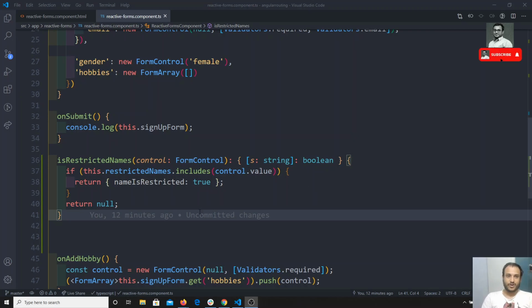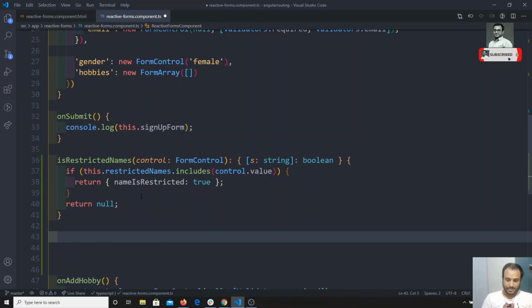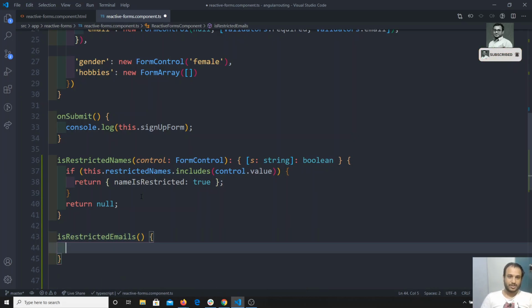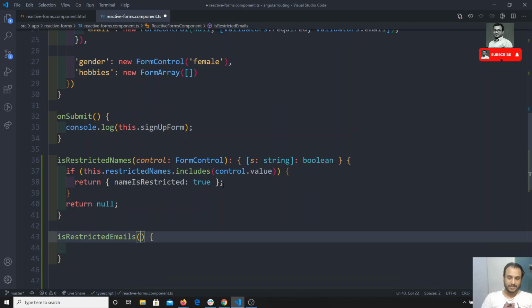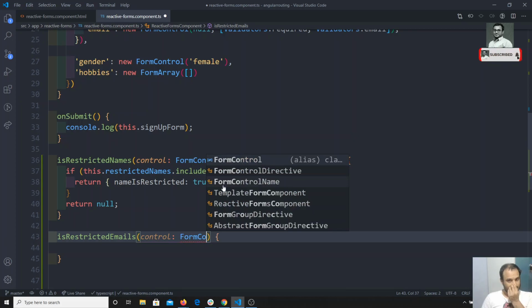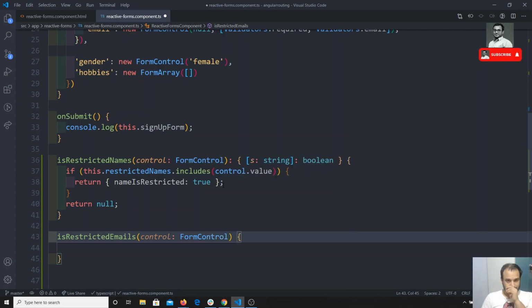First, we will try to implement the asynchronous validator. So I will be creating one method called restricted emails. Here, the same thing, it will take the control, that is of type form control. The return type for this one is not like an object with any key and true or false.